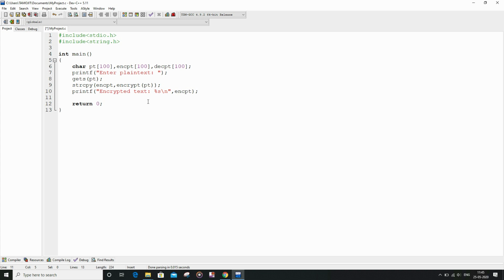And now I am going to do the same for the decrypt function as well. strcpy decpt decrypt. And in the decrypt function I am going to pass the encrypt variable as the parameter.